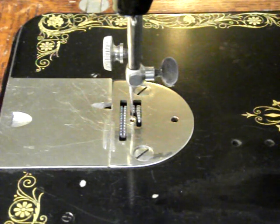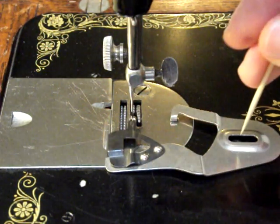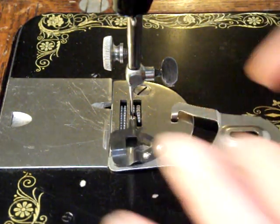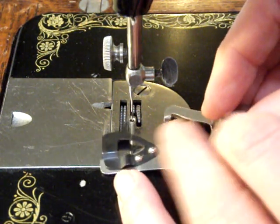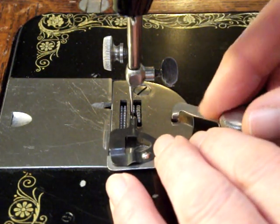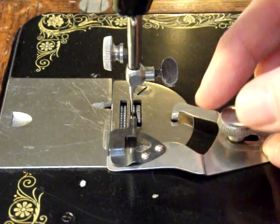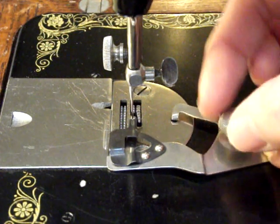Now I've taken off the regular foot so that you can see more clearly, and the underbraider has to be screwed in at this hole here. So I've got the fixing screw ready, and I'll put that in place very gently, and you have to make sure that this notch is going into that hole there. So I'll screw it down tight,